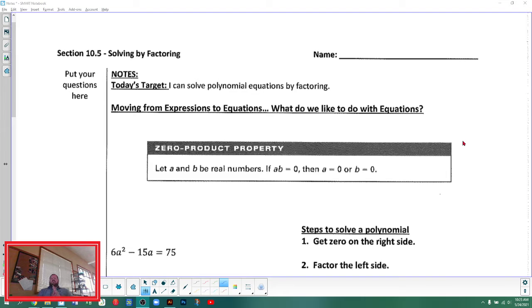Today we're going to move a little bit from expressions into equations, and we're going to look at solving some polynomial equations by factoring one side and figuring out what the variables can be based on that. And there's an important property that